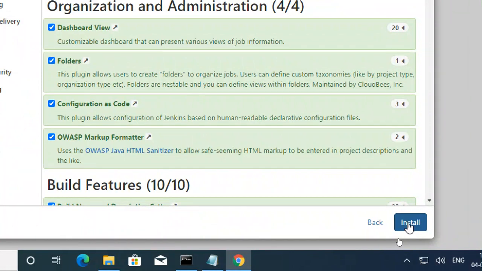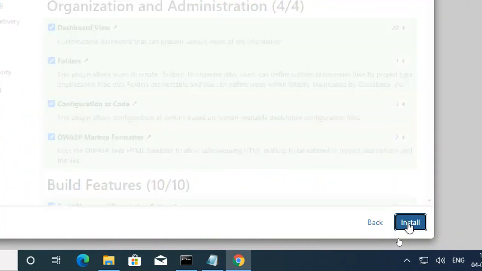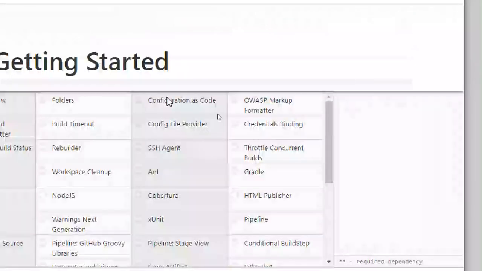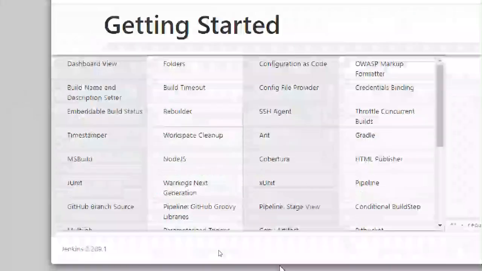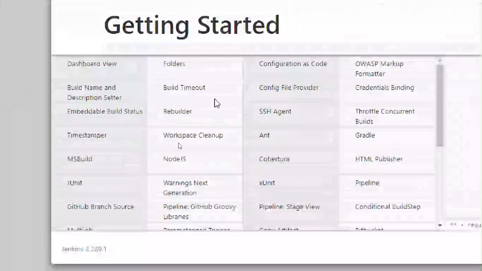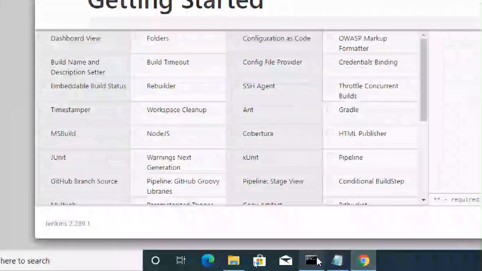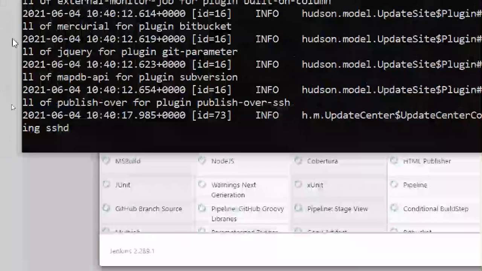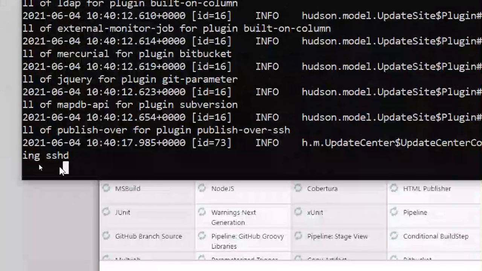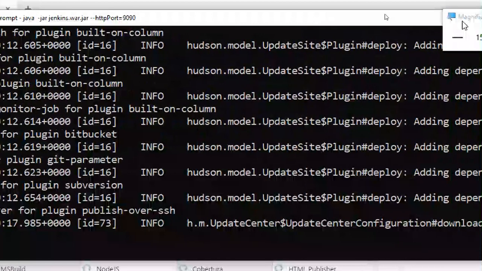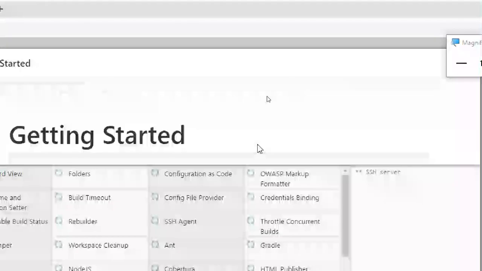It will take a lot of time, so I click on install. I'm trying to install all plugins. Now it has started. If it is very slow, or maybe you can see here it is going on, right? So just click on your command window, press enter just once, and minimize it.